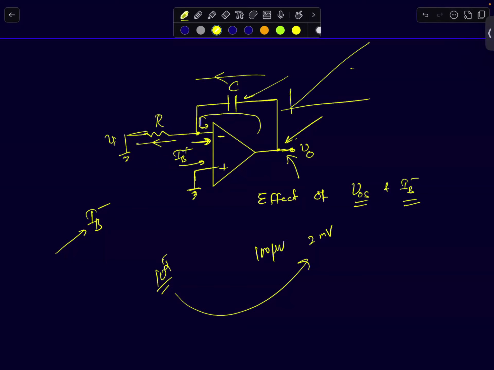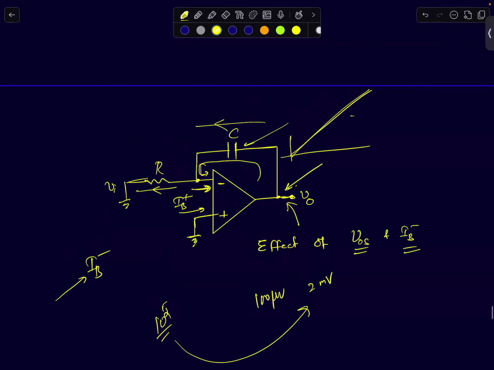Okay. So yeah, the output node voltage will just ramp up. Again, what is the slope with which it will ramp? It will be IB minus upon C times T. That will be the ramp signal slope. The slope will be just IB minus by C. Since IB minus, the bias current, is very small, it would take a really long time for it to